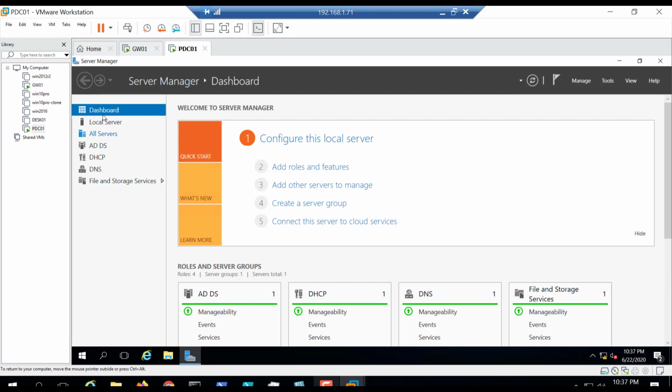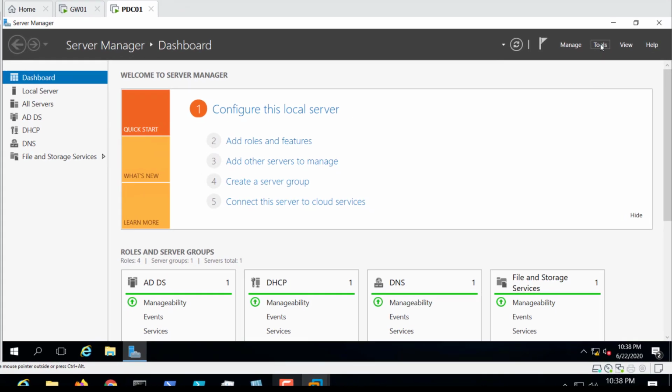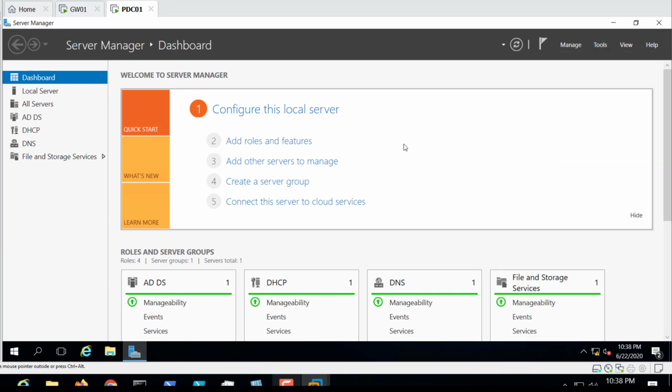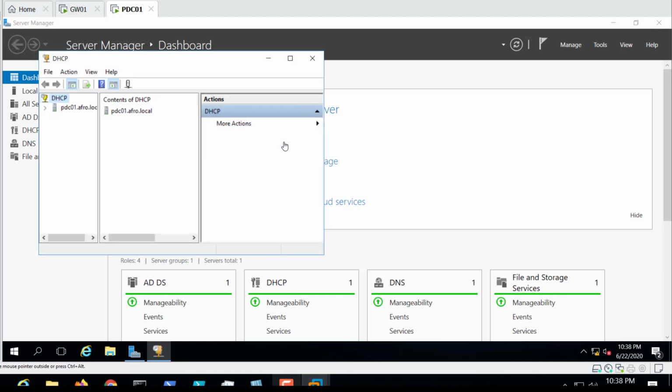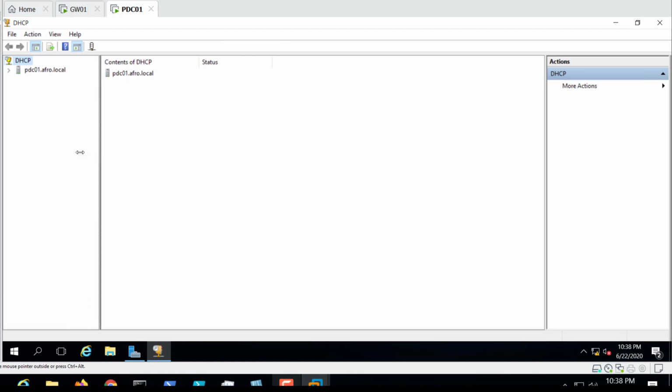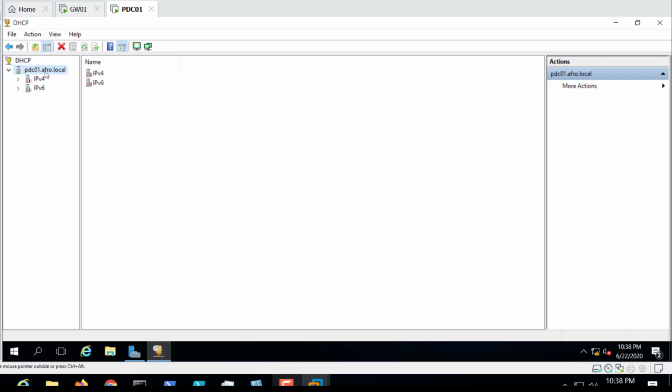Okay, so these are the services that we did add: the ADDS, DHCP, and DNS. So we actually need to go to tools, and let's create a scope for the DHCP so that when a new machine joins this domain called afro.local, an IP address will be issued to that machine coming from this forest domain controller. All right, so we'll click on this,